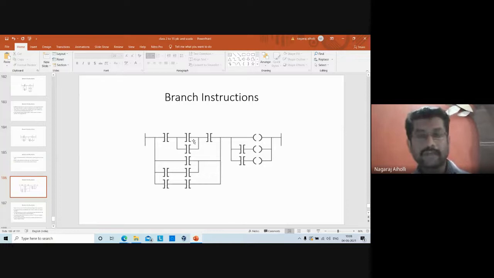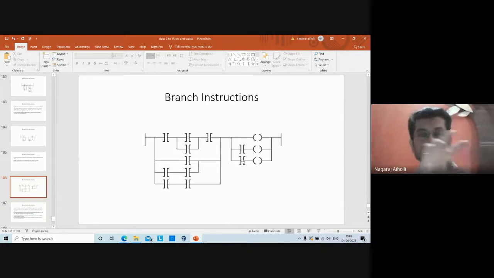Then for the parallel branch, how will it evaluate? This and this and this, or this or this and this and this. If it is in series, you have to take it as AND. If it is in parallel, you have to take it as OR. Simple.